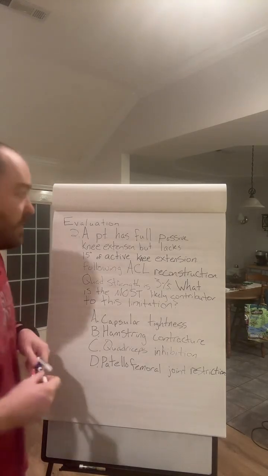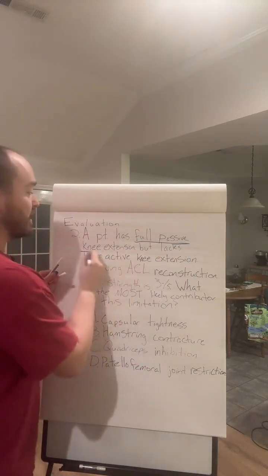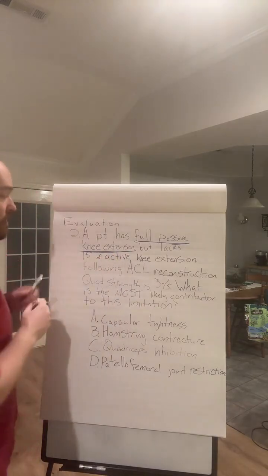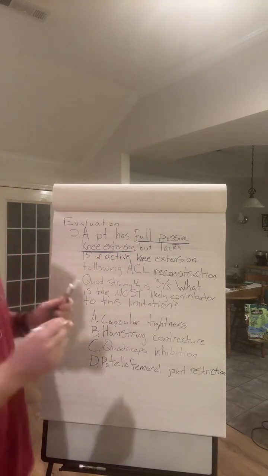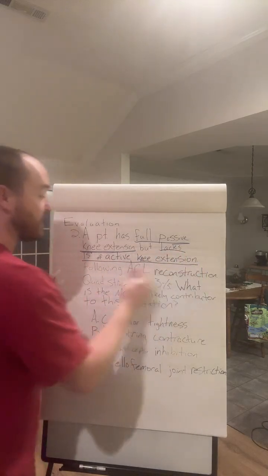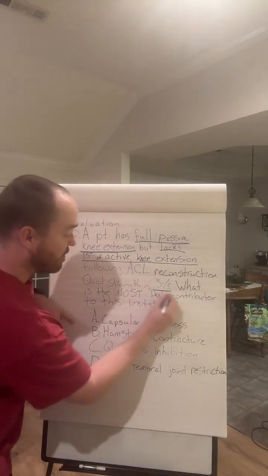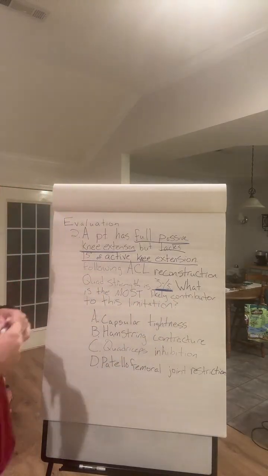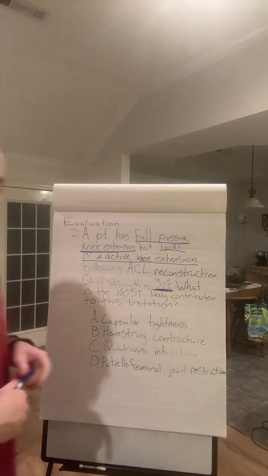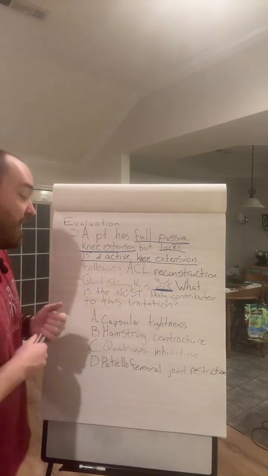Okay, so let's go ahead and pull out the important information. He has full passive knee extension, but lacks 15 degrees of active knee extension following ACL reconstruction. Quad strength is 3 minus out of 5. All right, so let's just go over what we know about passive versus active range of motion and all of